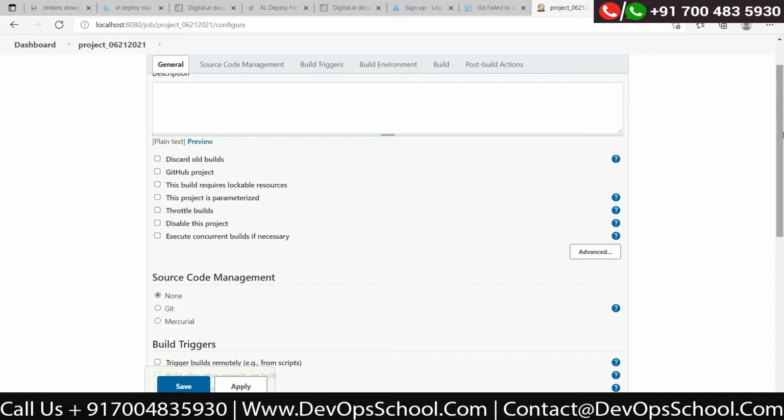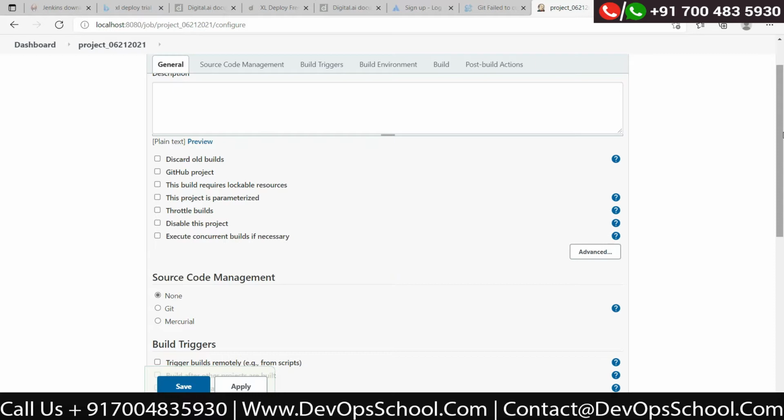None is an option. There can be some jobs where you need not pull any code from the source code repository, Git, or any of the repository. So if somebody asks you, is it possible to create jobs without connecting it with any repository, Git repository or CVS repository or TFS repository, Azure DevOps repository? The answer is yes. But mostly you keep your code in some repository, so generally this is configured. However, it's possible to have jobs without a repository as well. That's why the none option.